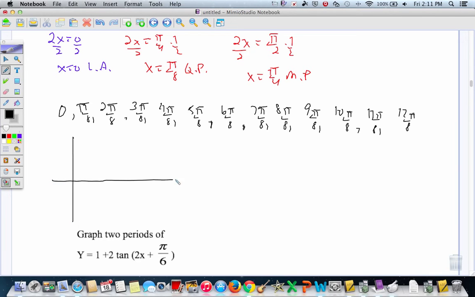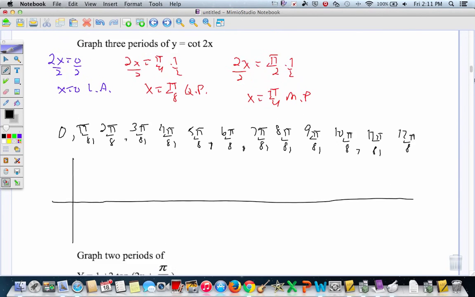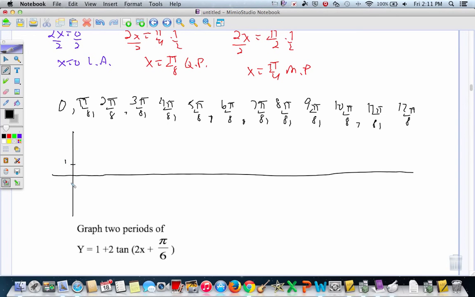We'll go ahead and try and squeeze this on here. Three periods. Let me go back here. What was our amplitude? Our amplitude is still 1. So I'll mark that on here, 1 and negative 1. And then we'll put all these critical points on here. Pi over 8, pi over 4, 3 pi over 8, 4 pi over 8 is pi over 2, 5 pi over 8, 6 pi over 8